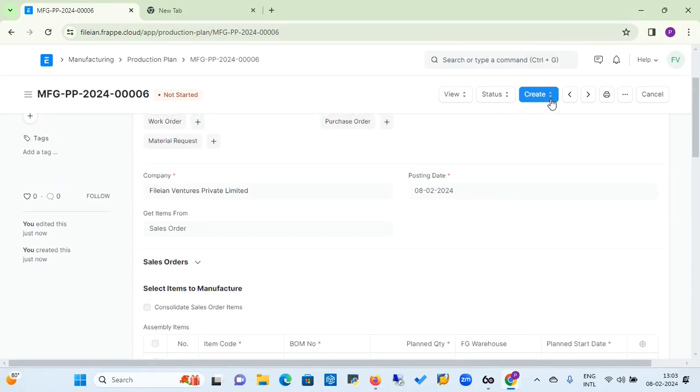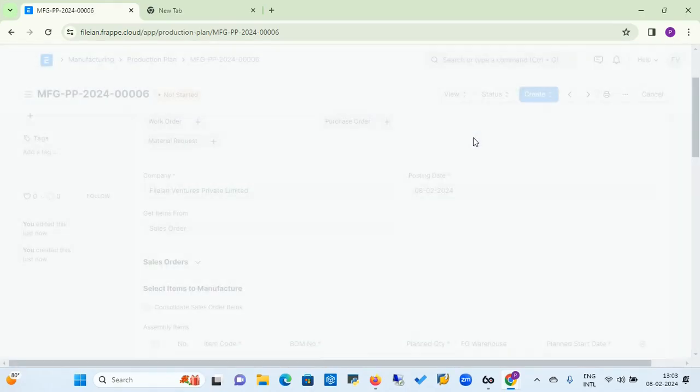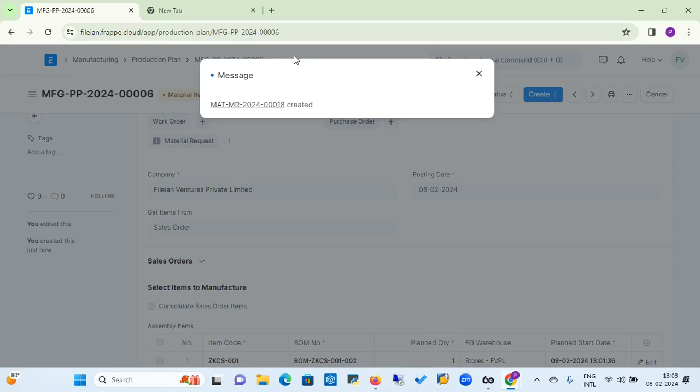So I click on Material Request for procurement purchase. If I say yes, I want to confirm it, then my material request will be automatically generated through